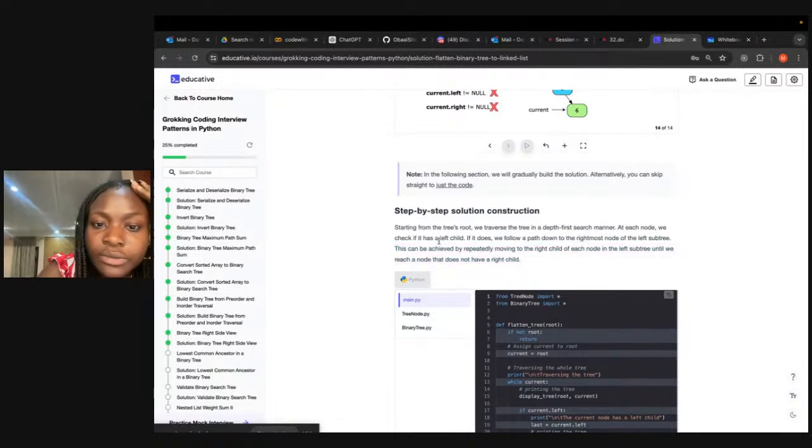So starting from the tree's node, we traverse the tree in depth first manner. In each node, we check if it has a left child. If it does, we follow a path down to the rightmost node of the left subtree. This can be achieved by repeatedly moving to the right child of each node. Okay, so I'm moving to the right child of each node until we reach a node that does not have